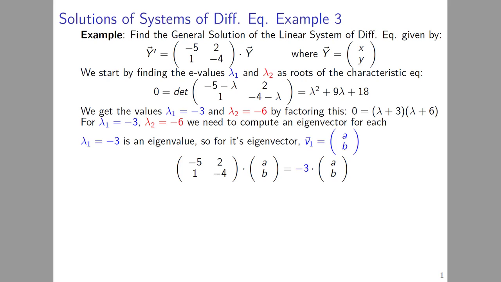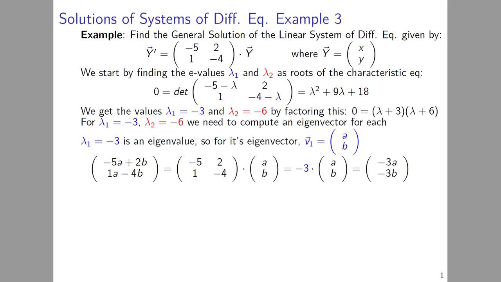Starting with λ1 = -3, its eigenvector will be v1 = (a, b) for unknown values a and b, and it must satisfy the equation that our matrix times (a, b) is equal to -3 times (a, b). This comes from our definition of an eigenvalue and eigenvector. Doing our multiplication here, on the right we'll have -3 times (a, b) is (-3a, -3b), and on the left we'll need to do matrix multiplication onto the vector, so we'll have -5a + 2b up top,